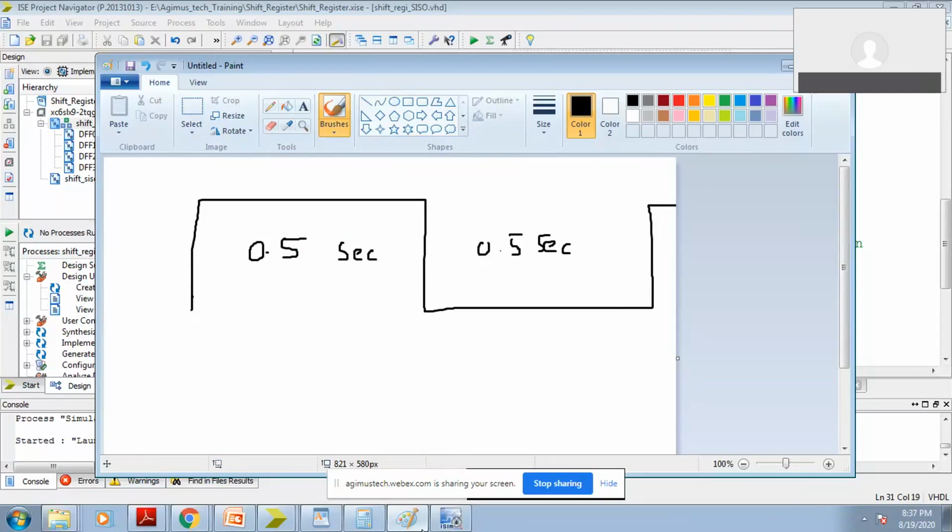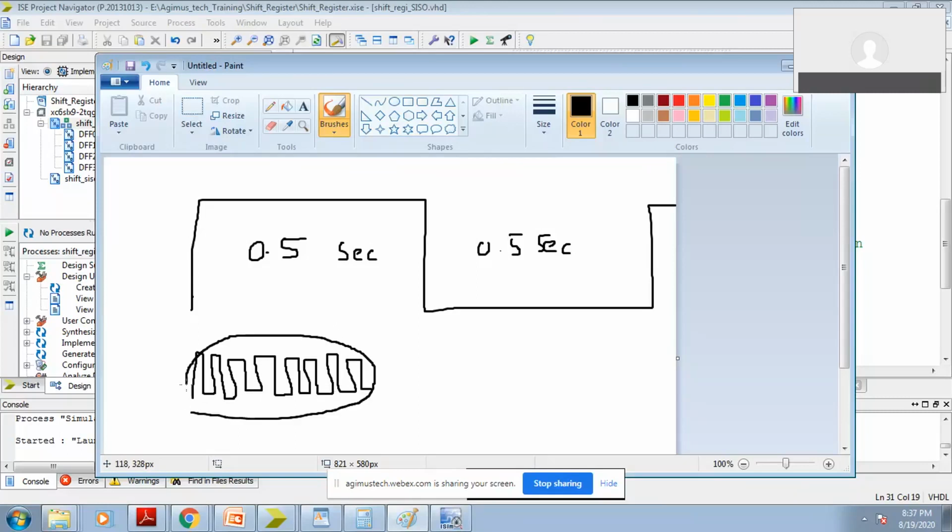That I am counting here in this code. So this is my one pulse of 12 megahertz, which is obviously in nanoseconds. So suppose I count around 6 lakh pulses. When I count these 6 lakh pulses, I'll get 0.5 second as a T on.